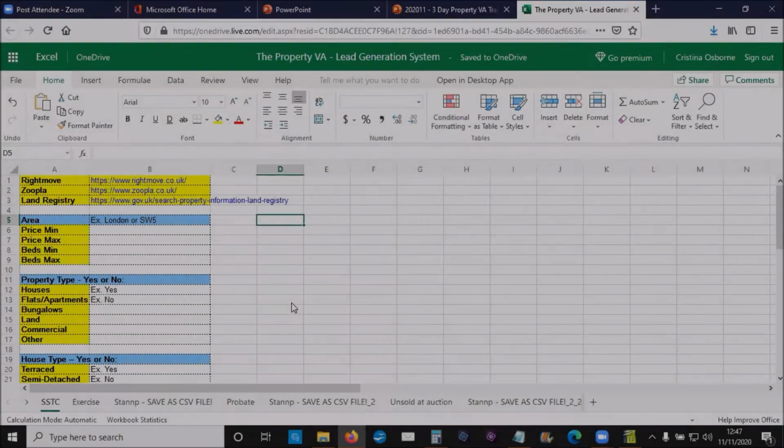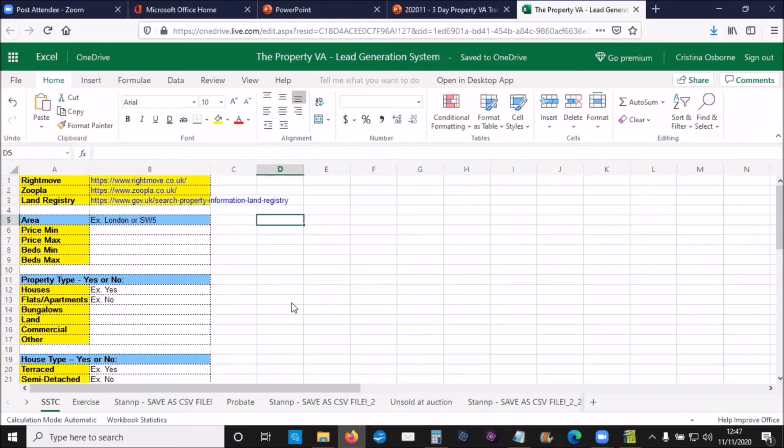Off market, so therefore there's a good discount there or negotiation. So happy days. What I'm going to be showing you now is how to use Stannp as